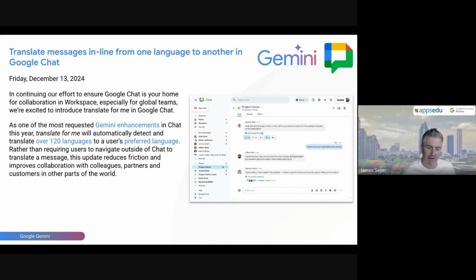Okay, we were just talking about this a few minutes ago. Within Gemini, if you have a Gemini license, you're now able to translate messages in line. This is an end user setting. So if a user has a Gemini license, they will be able to turn on a setting to translate messages